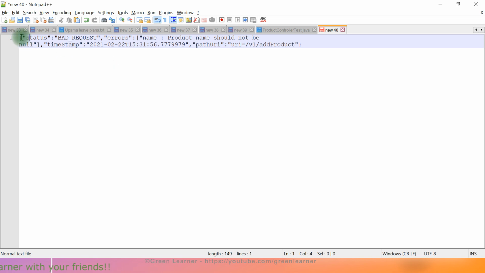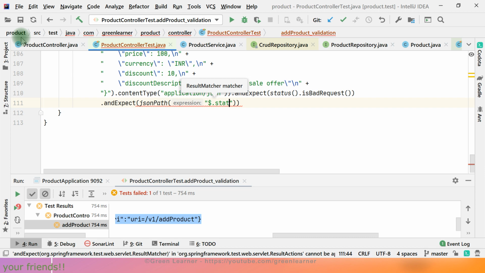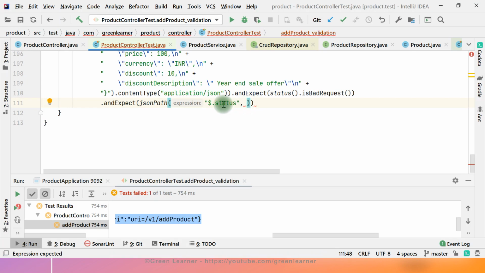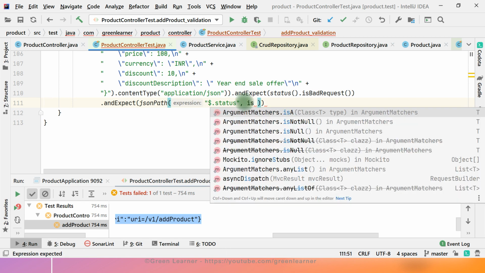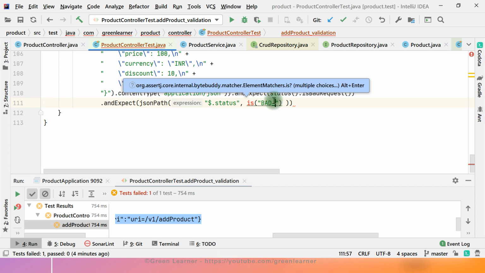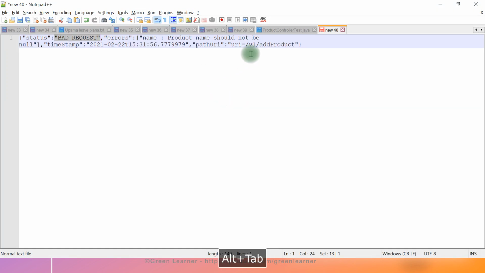So it is the root, and if I say dot status, it is going to give me the status value here. Now we have got the status information, and to compare it I have to use a utility. What message is it here? It is actually a bad request.